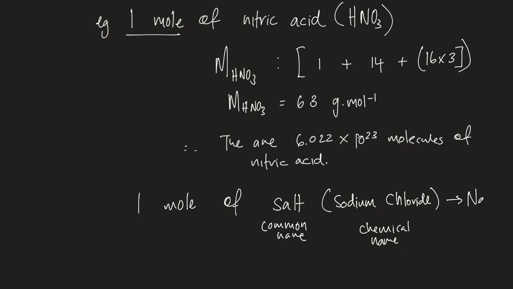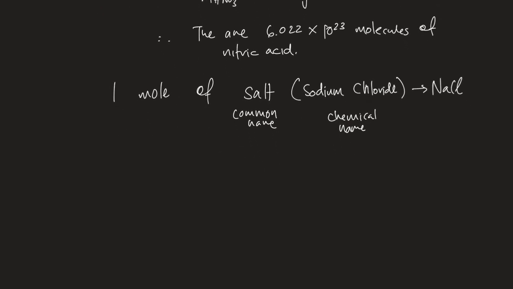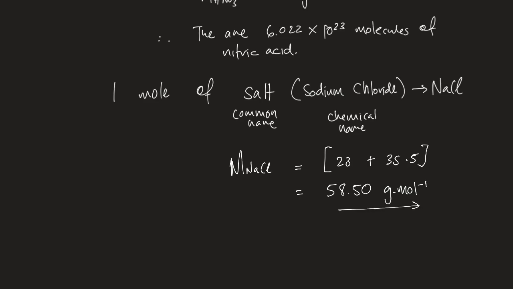And the formula is NaCl. 1 mole of NaCl has a molar mass, so we say NaCl is equal to 23 plus 35.5, and we've done this calculation before, which gives me 58.50 grams per mole. Just have a look there. When I've got a decimal, we want to make sure it's rounded off to 2 decimal places. Okay. So that means, therefore, there are